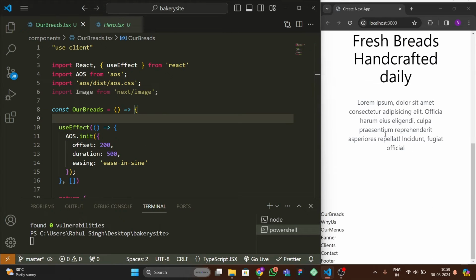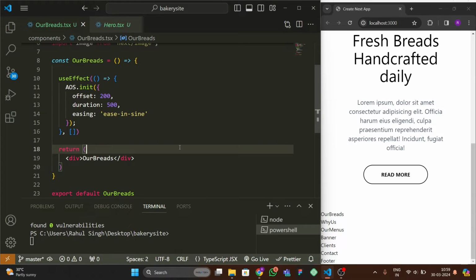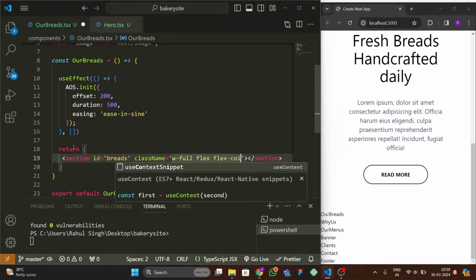Okay, so you can see that this is live now. Then after that, what we have to do is go to this, and here we have to write section. Then let's give this section id breads, and let's give these classes with full flex column,